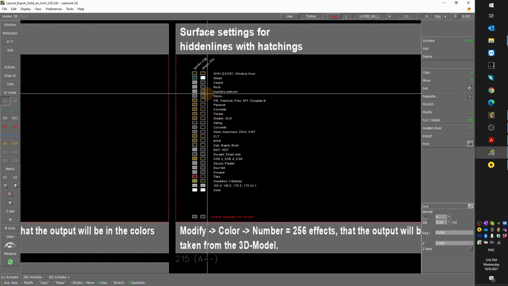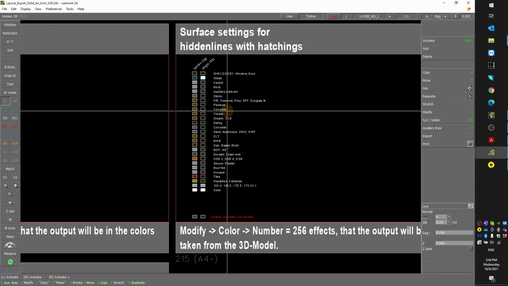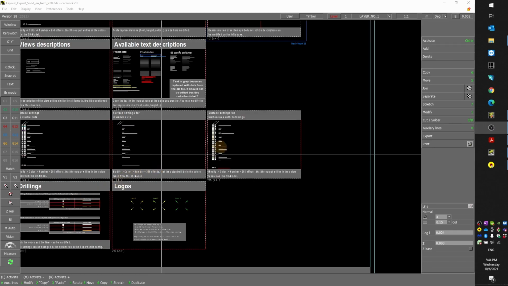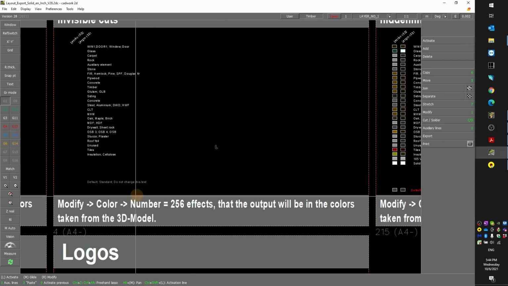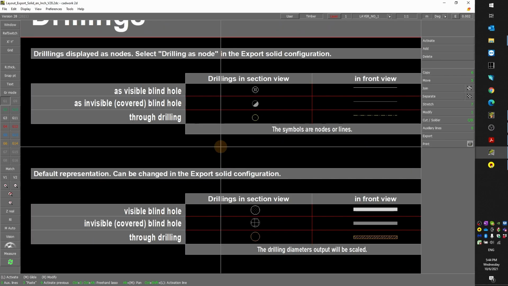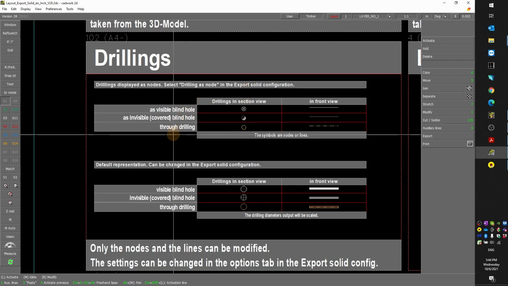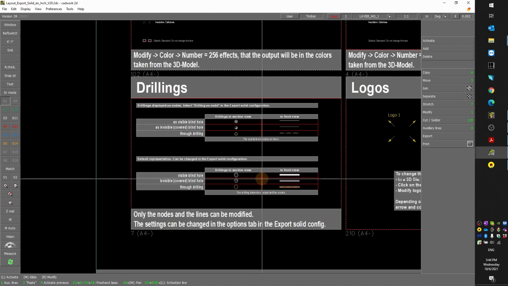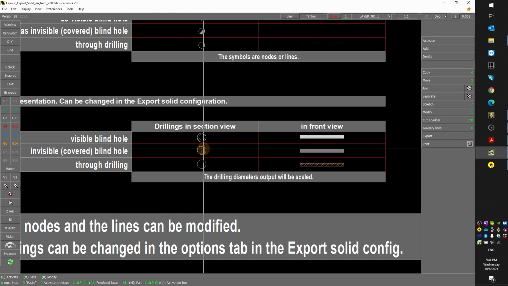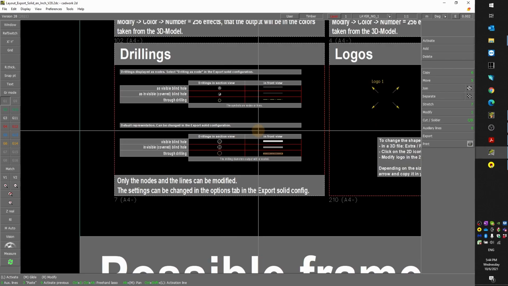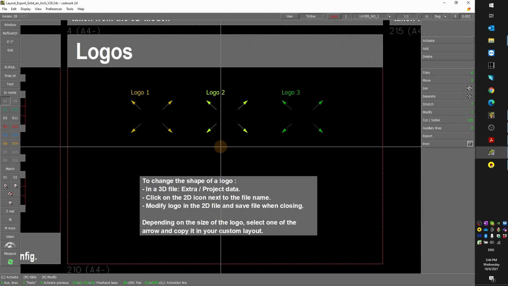Then you have hidden lines with hatchings. It can be set as well. Then you have also settings for drillings. So depending on how the drillings should be displayed, using nodes or surfaces, if it's a blind hole or if you see the hole, if it's on the side from which you're looking at, logo,